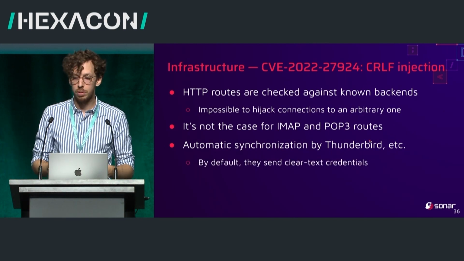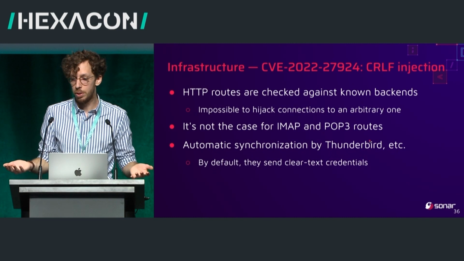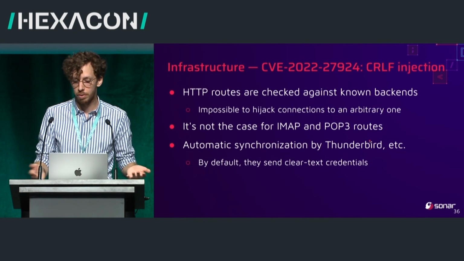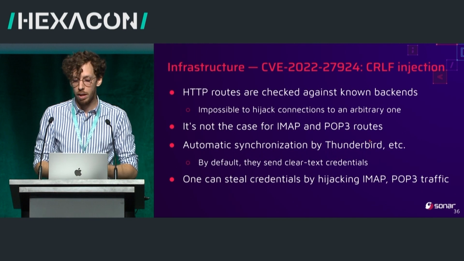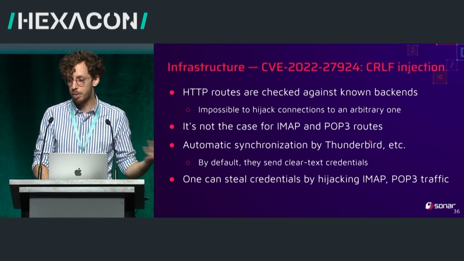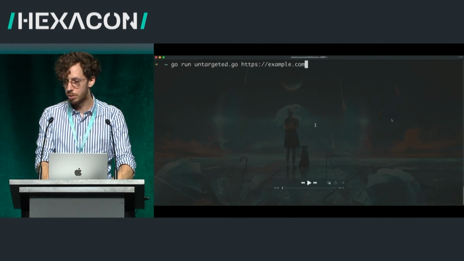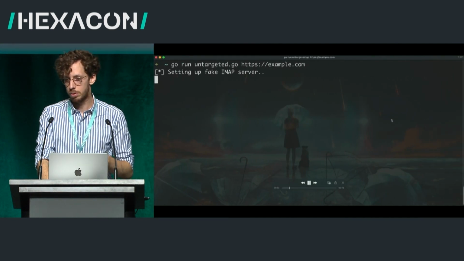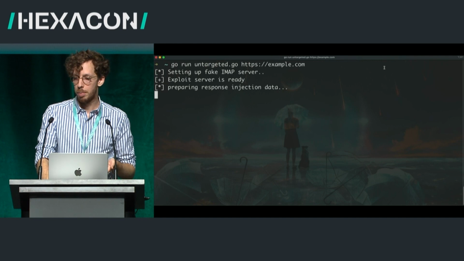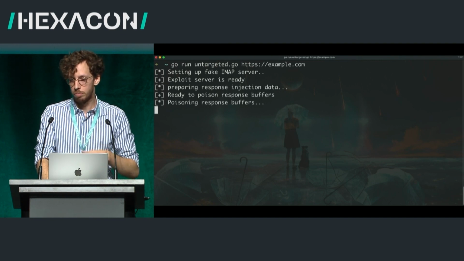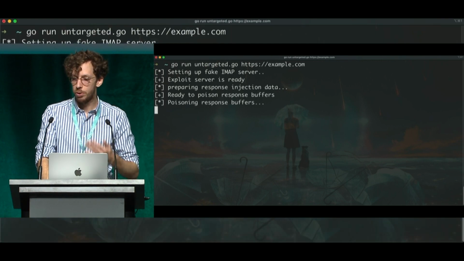And by default, it's TLS. So everybody's putting clear text credentials over TLS because it's safe. So that way you can steal everybody's credentials by hijacking all the IMAP and POP3 traffic. So I have a quick demo for that also. Just gonna explain, it's kind of visual. So we set up a fake IMAP server, then we prepare some data, and then we repeatedly poison the response buffer